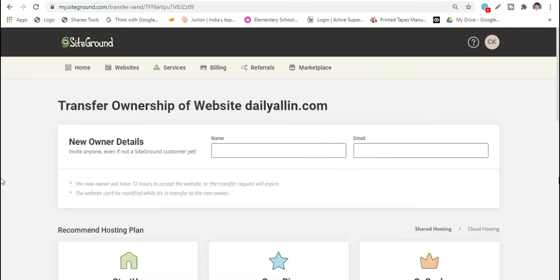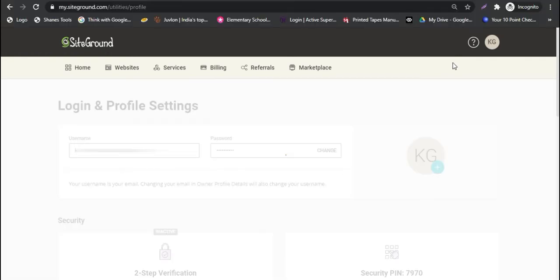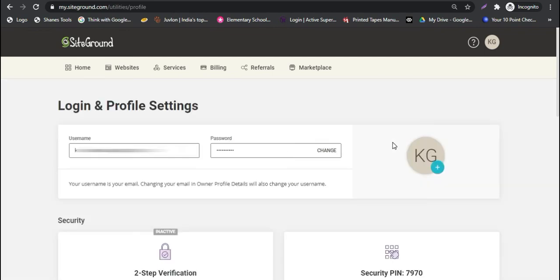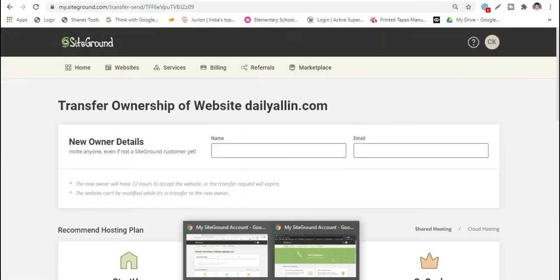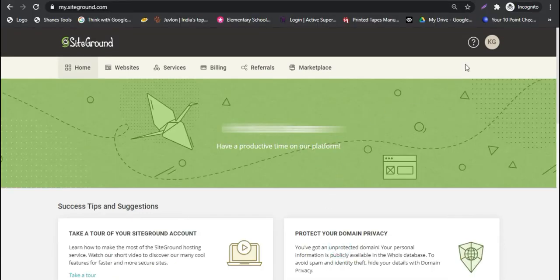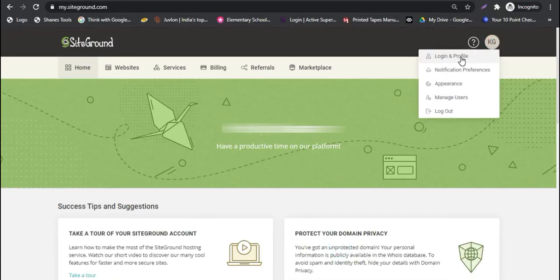It will take you to this page. Now here you have to fill in your new SiteGround hosting account name and the email ID. So let me get the name and the email. Here you can see the email ID from the new account. I am on the new account. Just click on the login and profile.